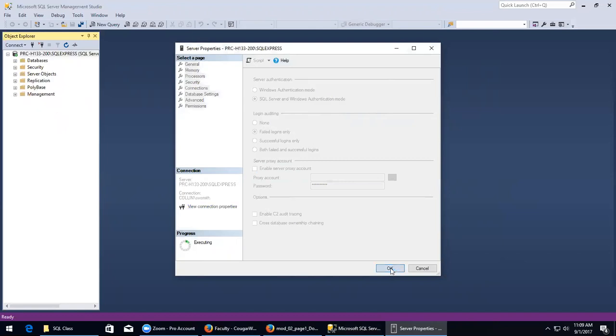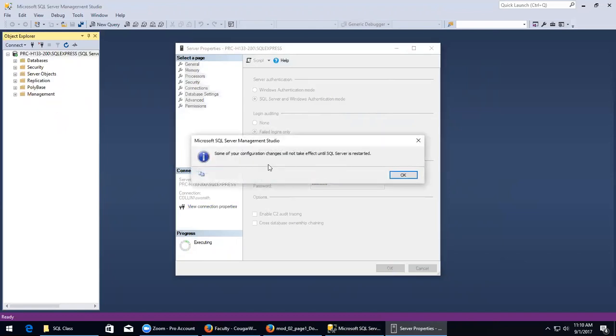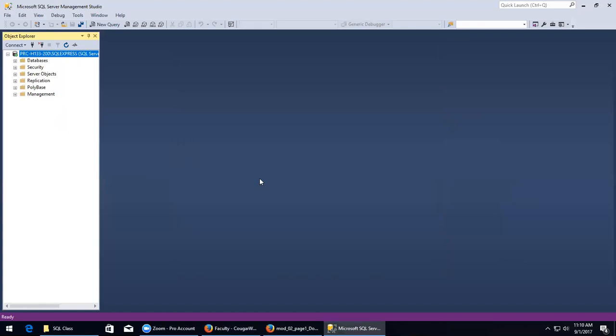When I say okay, now it says SQL Server has to be restarted. I have to restart SQL Server. That's not the same thing as restarting the machine. Okay? Now,